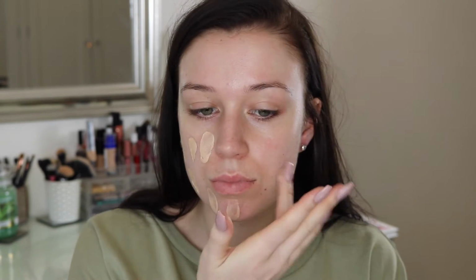And for foundation today, surprise surprise, I'm using my Armani Luminous Silk, but I do have to lighten it with the shade adjusting drops from the Body Shop. They're amazing. They don't change the formula of the foundation or anything, they just make sure that it is my colour. So I'm just going to dot that around my face first and then blend it in with a damp